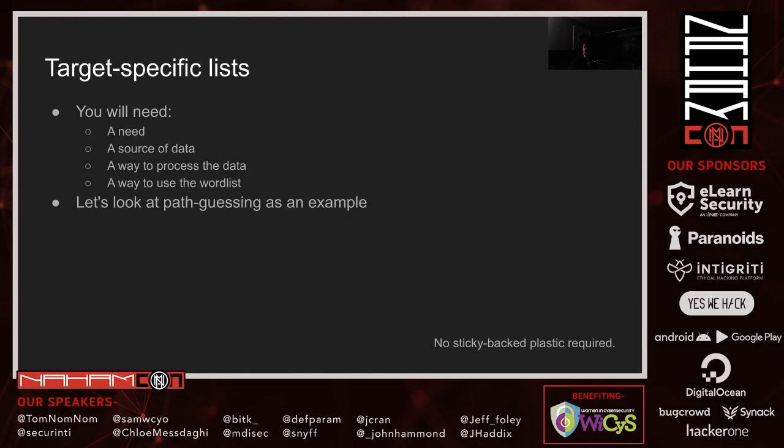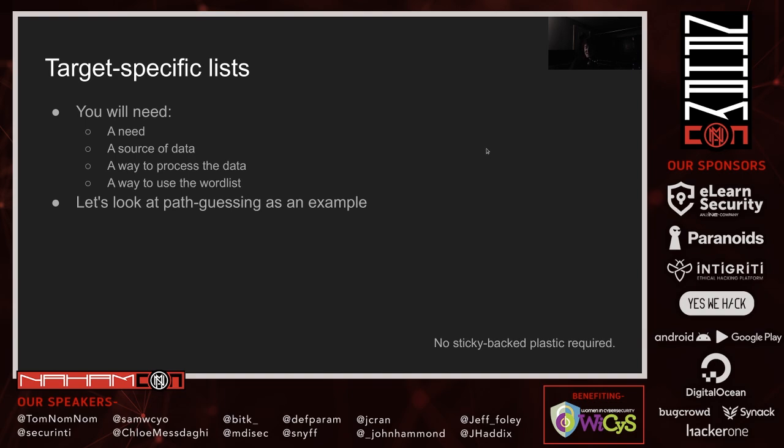One of the most powerful things, though, I think, when bug hunting is to have a target-specific list. So rather than one of these generic lists with lots of entries that are almost definitely not going to exist. For example, if you're looking at an Apache server running mod PHP, there's no point looking for all those .aspx files because they're almost certainly not going to exist. Almost certainly.